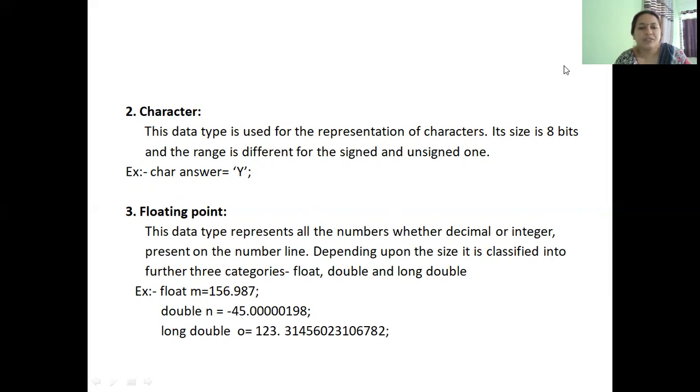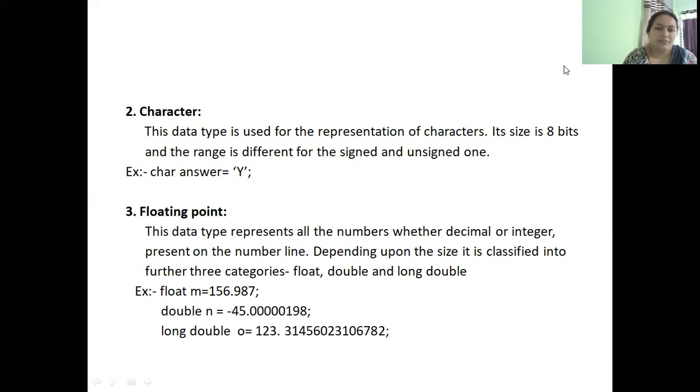So whatever data you want to store, you can choose accordingly the floating point data type which you want to use. Example, float m equal to 156.987. So m is a floating point variable, its value is 156.987. Double n equal to -45.000000198. Long double o equal to 123.3145603106782.